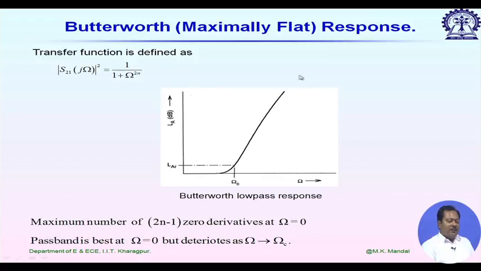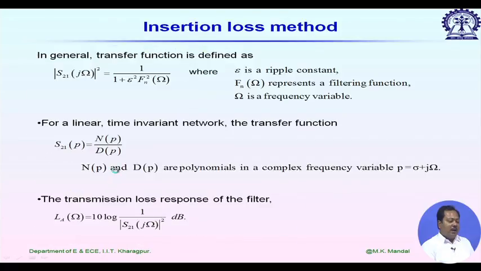For the Butterworth response, the S21 squared transfer function is represented by 1 over 1 plus capital omega to the power 2n, and if I plot the loss, which was defined by this relationship, L A equal to 10 log of 1 by S21 squared,